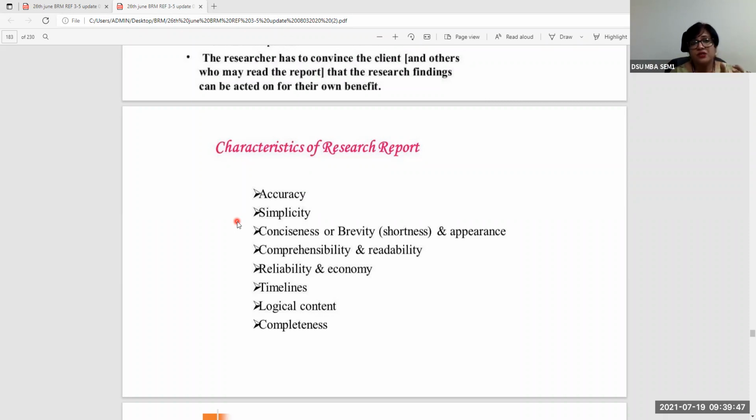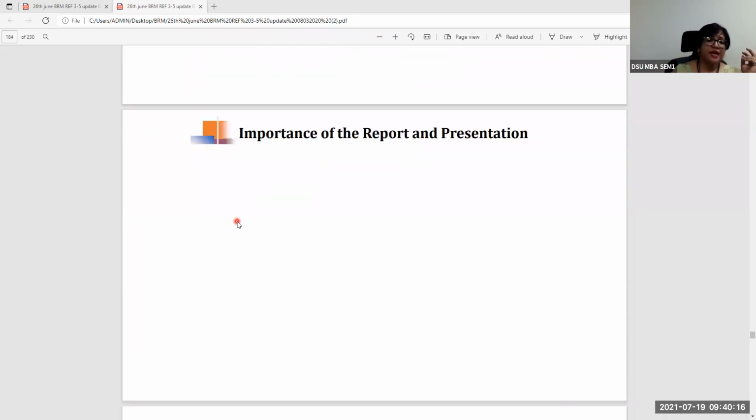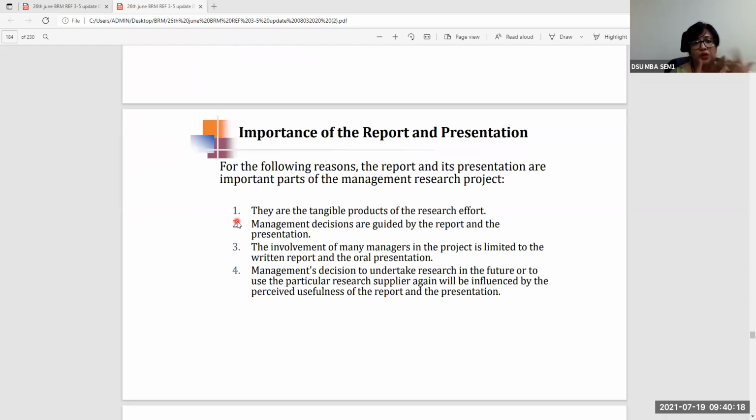And this main research report will have further forms. For example, if somebody is to do a presentation, they will convert main portions of it into a PPT. You can make an abridged form. You can create an abstract of the report, which is a shortened version of the entire report, say in 2 pages. Your entire report might go up to anywhere between 70 to 200 or 300 pages, but your abstract will be just about 2 pages, worth about 500 or 700 words, which is the gist of what it means. And the same research report might have to be given in the form of an oral presentation,